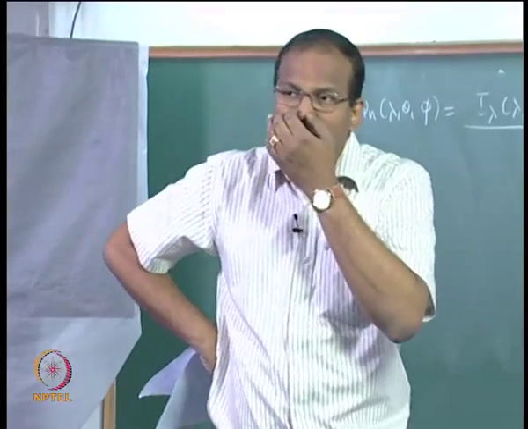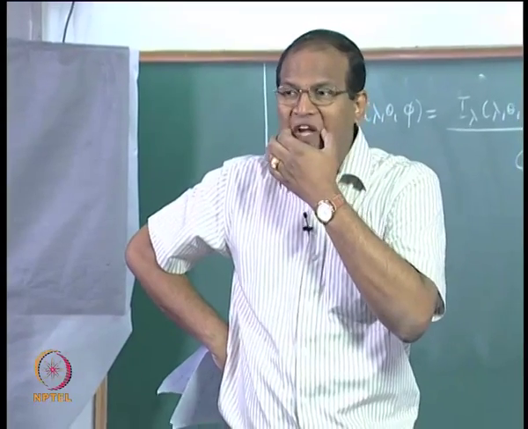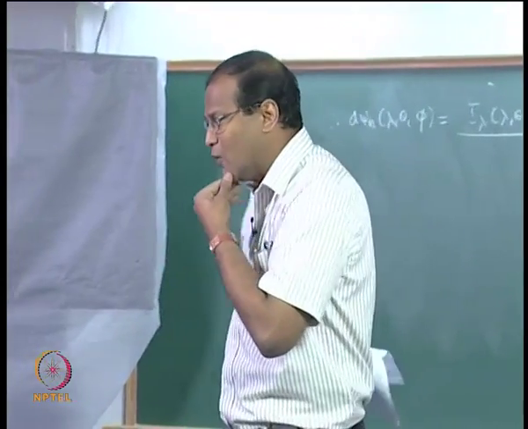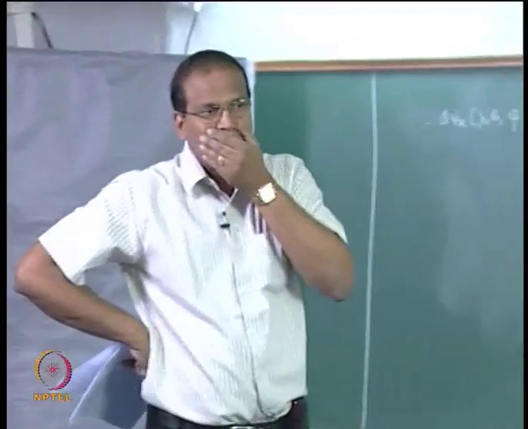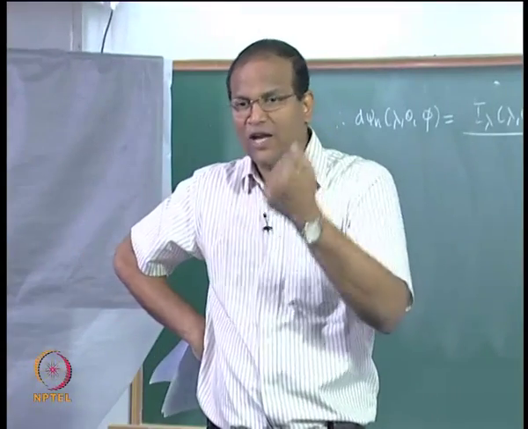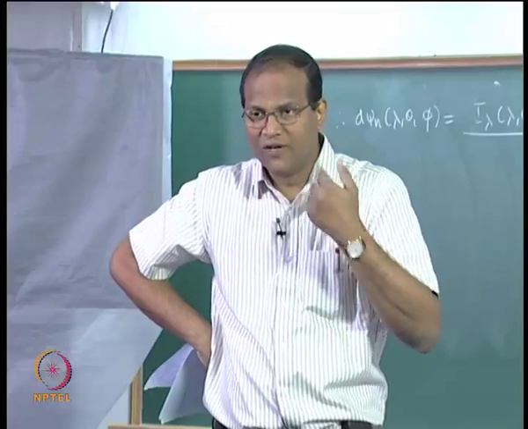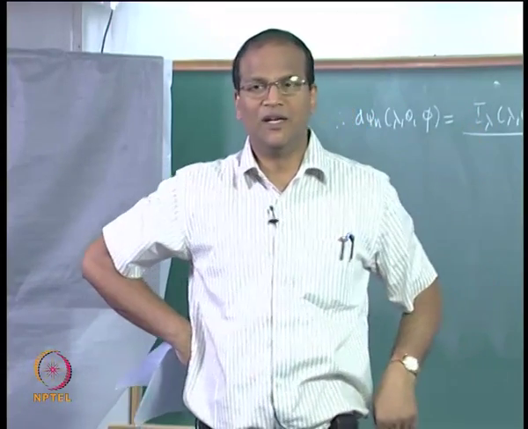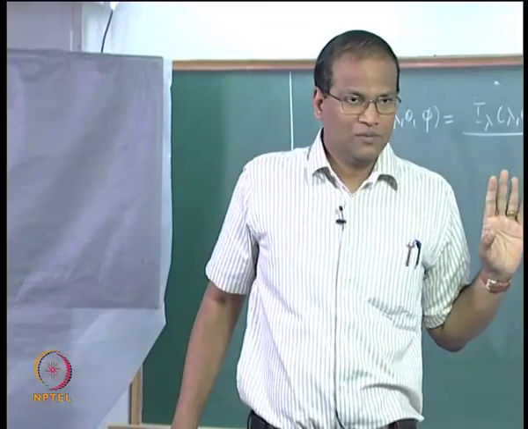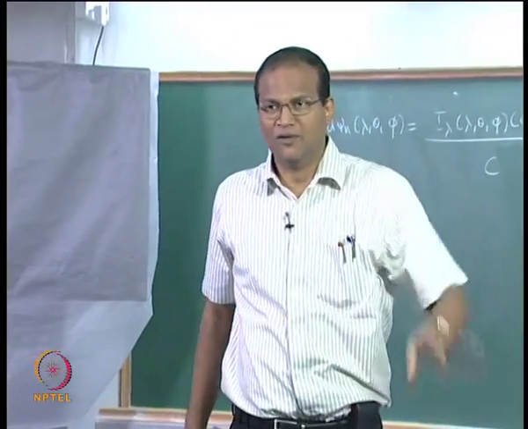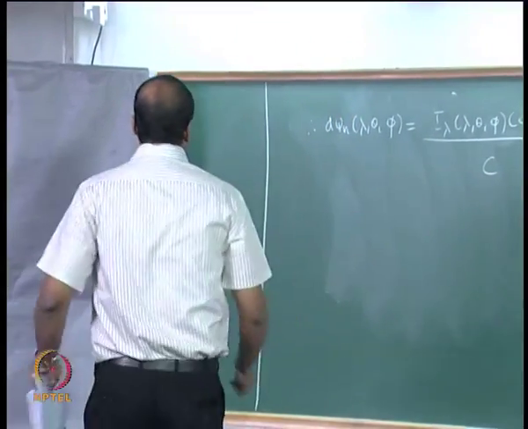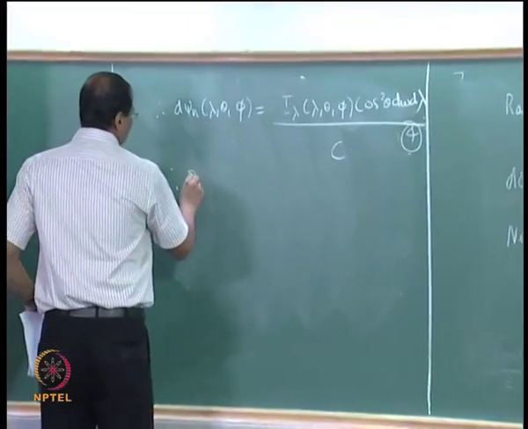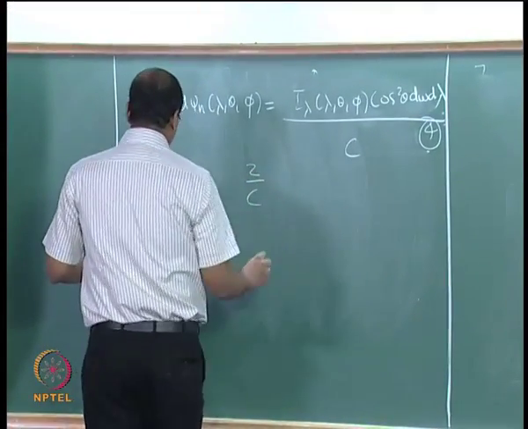So the net change in momentum will be what is going in minus what is coming out. Now if dA is a perfect reflector, whatever is going in must equal whatever is coming out. Therefore the net change in the flux will be equal to twice the value obtained in equation 4. You have used these arguments in turbo machinery also, okay. Therefore P is given by 2 by C